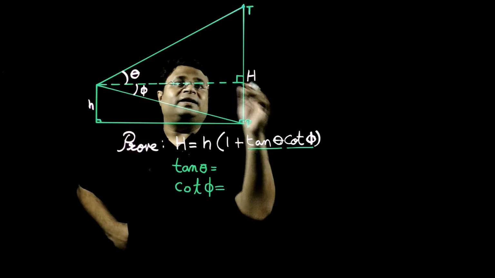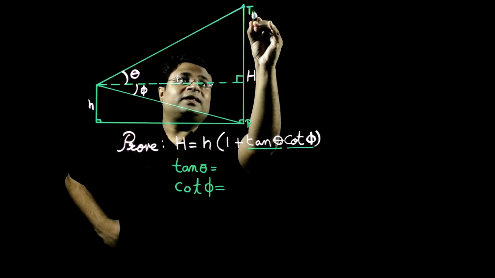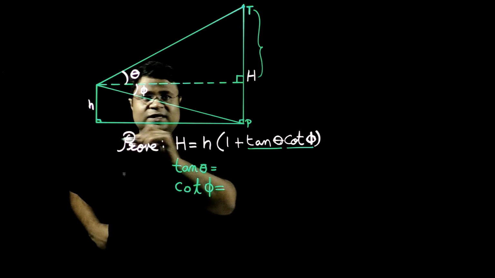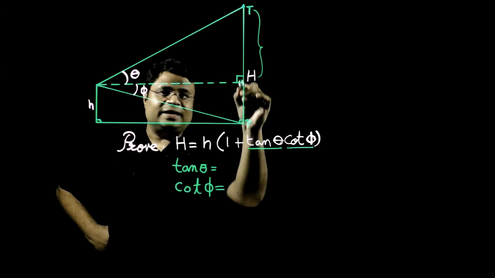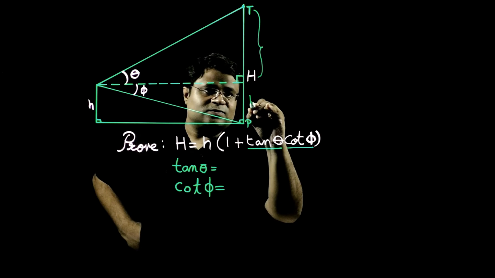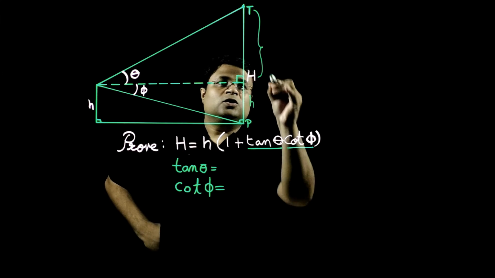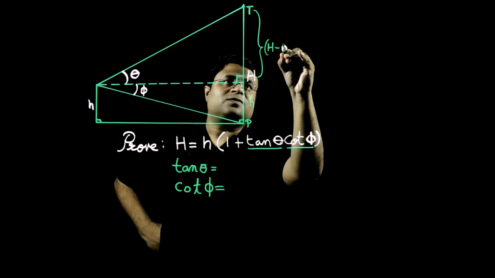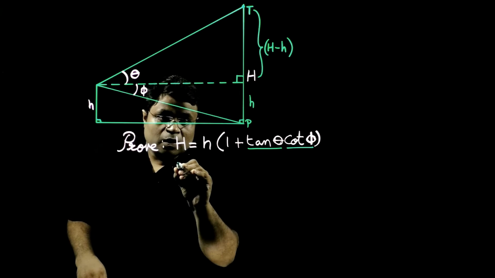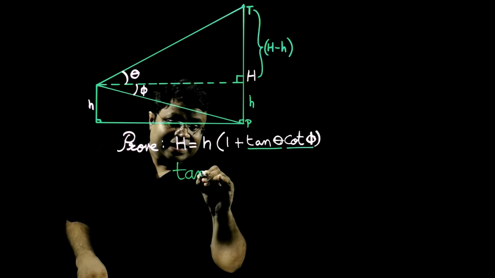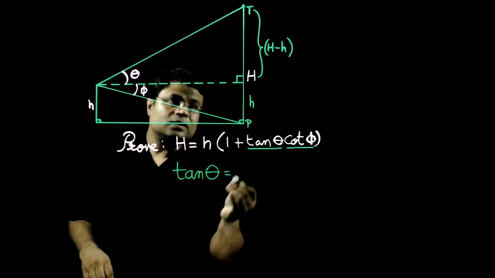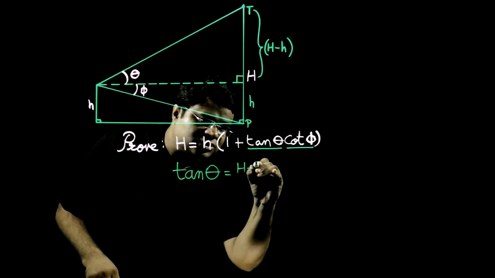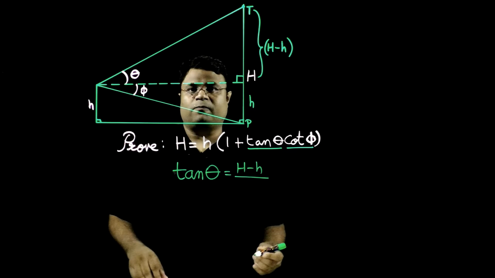Now what is tan theta? Tan theta is this part. Since you can see this is a rectangle, 90, 90, 90, this is a small h. So this part will be capital H minus small h. Tan theta is perpendicular, that is capital H minus small h, upon